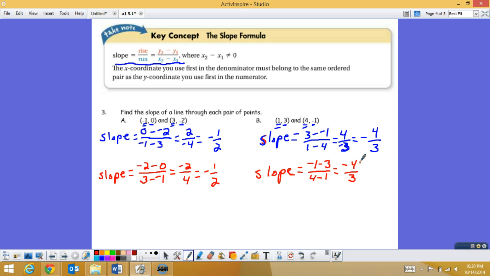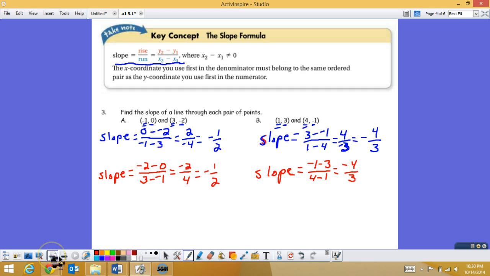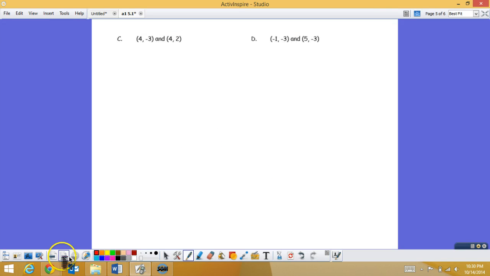Now, in the next one, there we go. On the next page, we've got a couple of special cases here. Okay, so if we find the slope between these two,